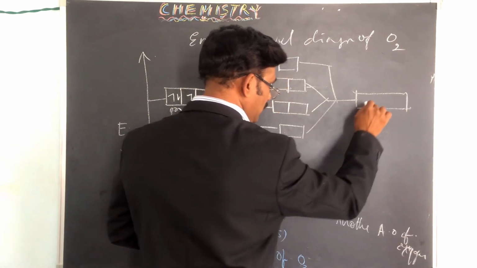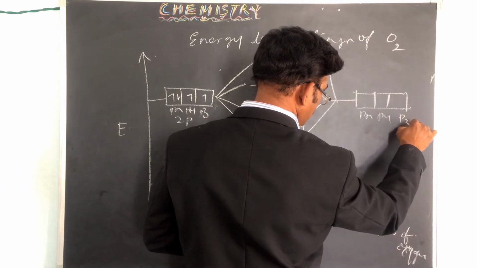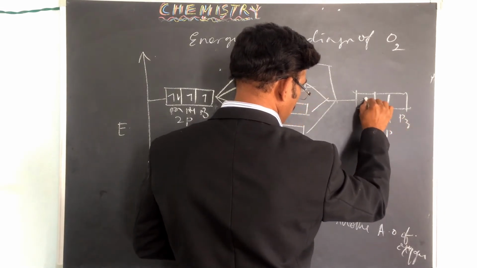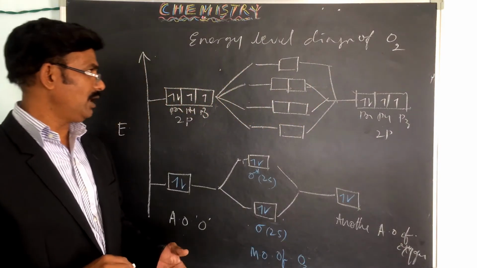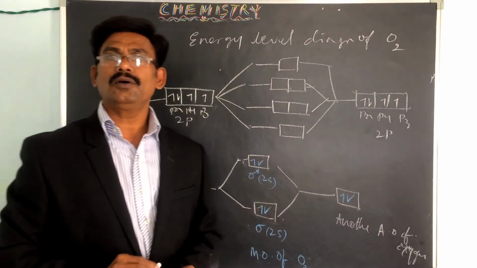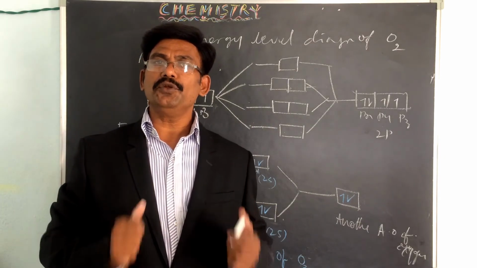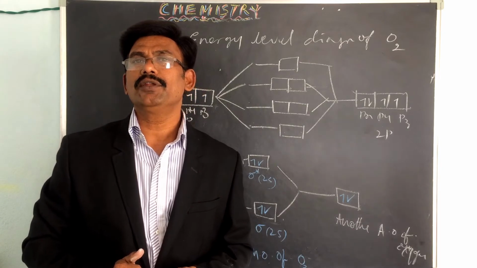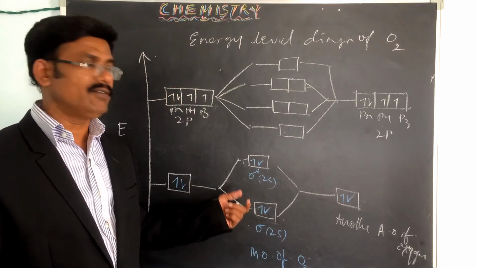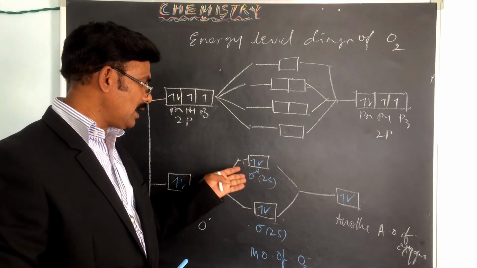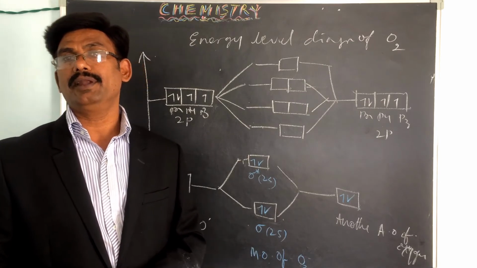This is finally the 3 orbitals px, py and pz. This is the 2p level. So the px, py and pz. So how can we know which one is paired and which one is not paired? In the 2s level, both antibonding and bonding are paired. Both bonding and antibonding are paired.